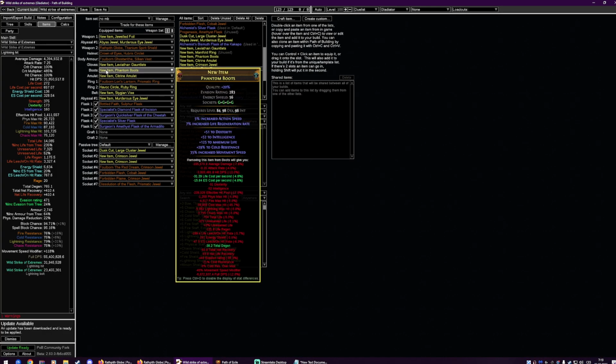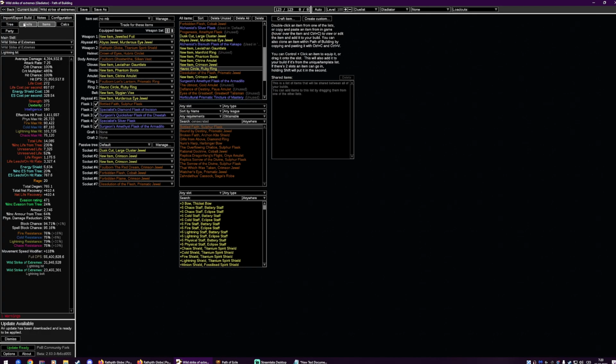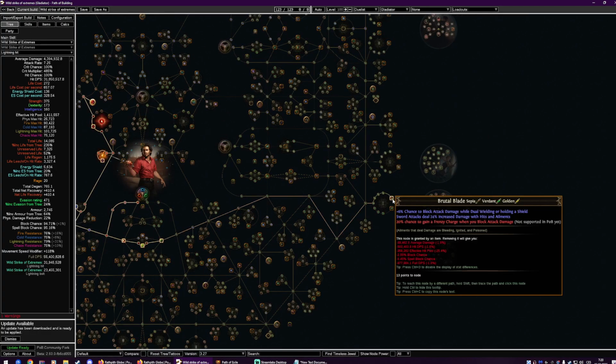I think I forgot to talk about Amulet. Yeah, I did. On Amulet, you again want as much life or strength as possible. We also want crit multiplier, which is nice. Spell damage is nice. +1 to lightning skill gems is nice. And we anointed it with Brutal Blade. Why Brutal Blade? Well, Brutal Blade gives us a frenzy charge when we block attack damage. So this allows us to gain frenzy charges on this build,